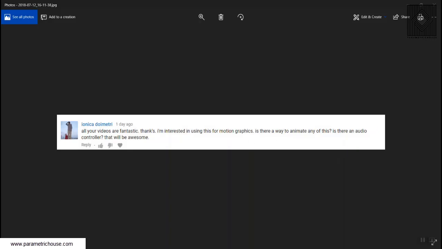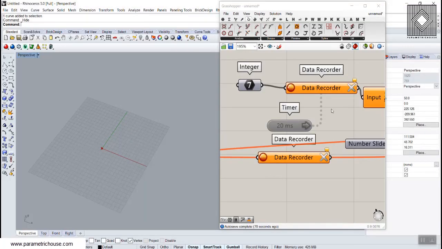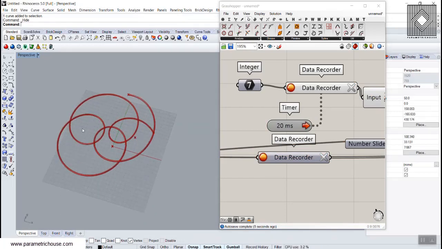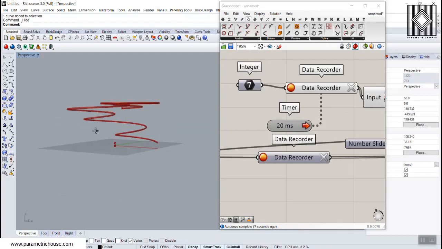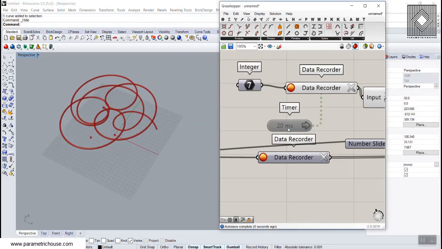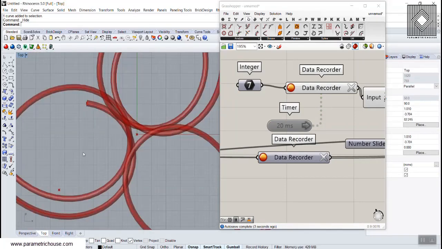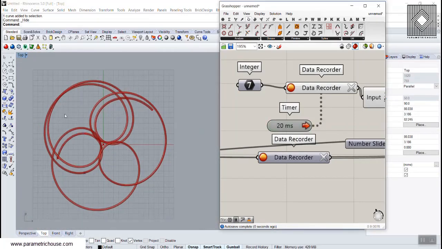So the first tutorial I will talk about how we can use the time to control points. You can see that I'm controlling this point in the space, and it's just changing and moving. I can just pause the animation whenever I want, and we can see this from the top, and you can see that this goes into a pattern. So this will be the first part of the tutorial.